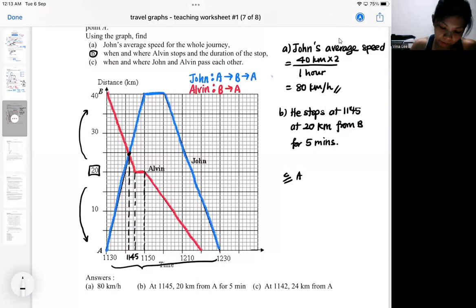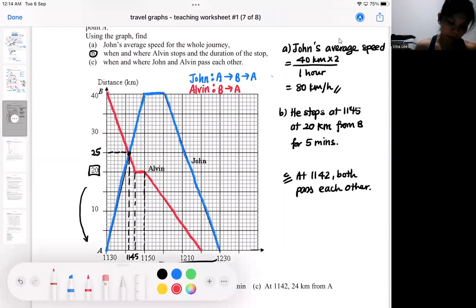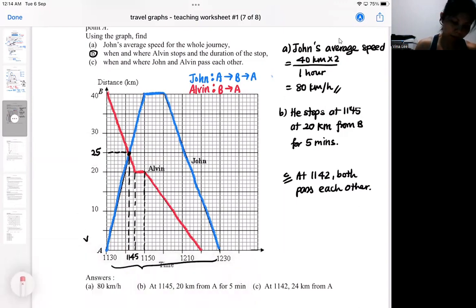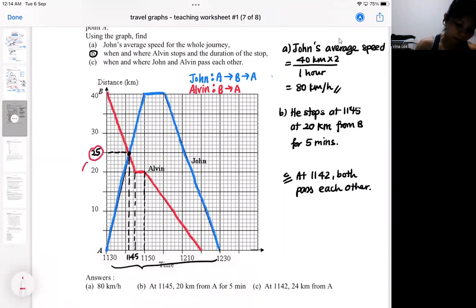So at 11:42, they pass each other. Where is the location? It is your choice how you're going to describe the location. You can describe it like this: either way, 25 kilometers from A,